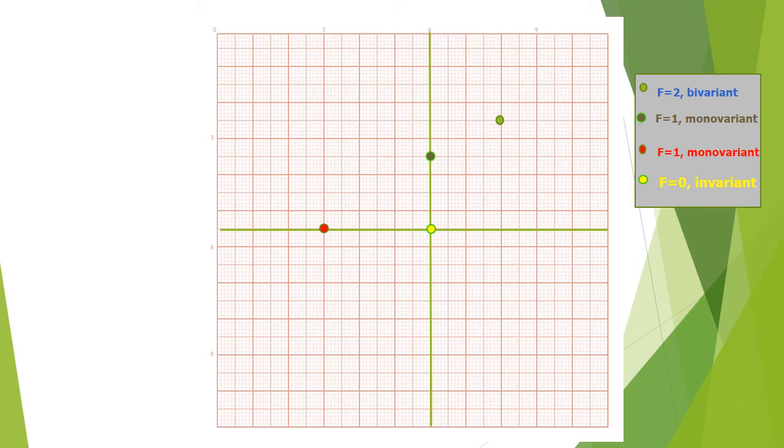If this yellow dot is at the center, at the origin, how many variables do you want? Especially since two lines are crossing, it is a point now. Origin is a point, right? For this point, how many variables do you require? Definitely, students, you don't require any, because you know the origin is 0, comma 0; x is 0, y is 0. It's known to you. Then F takes the value 0. It means the system is invariant. You would have understood it better.